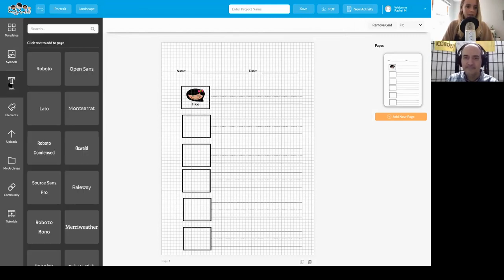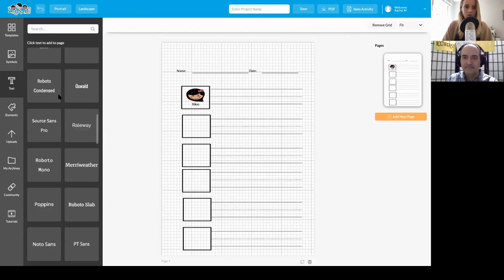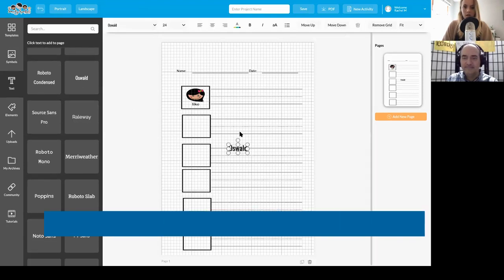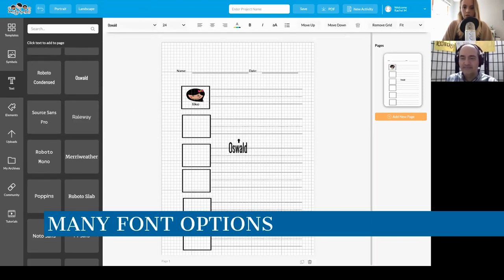You can also add text, so you can see all of the text options here. Different fonts, exactly. We can move this up. I like